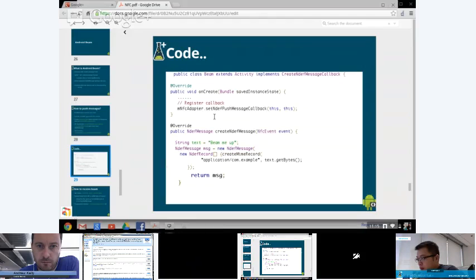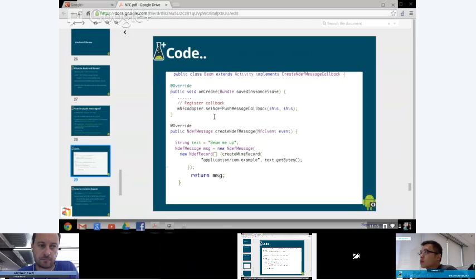What we've discussed here is shown in a short snippet of code on how it's implemented. Very simple code. In onCreate, we set the NDEF message push callback, and this is the other implementation, which is implementing an interface callback. We have a method implemented here called createNdefMessage, which comes from the CreateNdefMessageCallback. At this point, we construct an NDEF message. Like we said, an NDEF message is basically an array of one or more NDEF records.